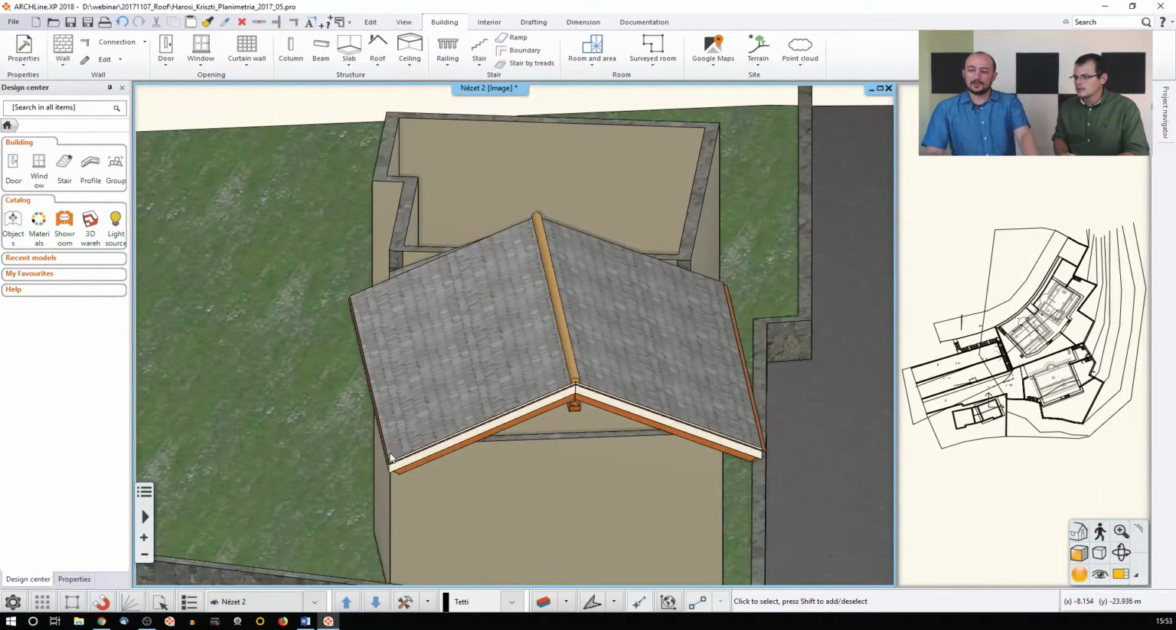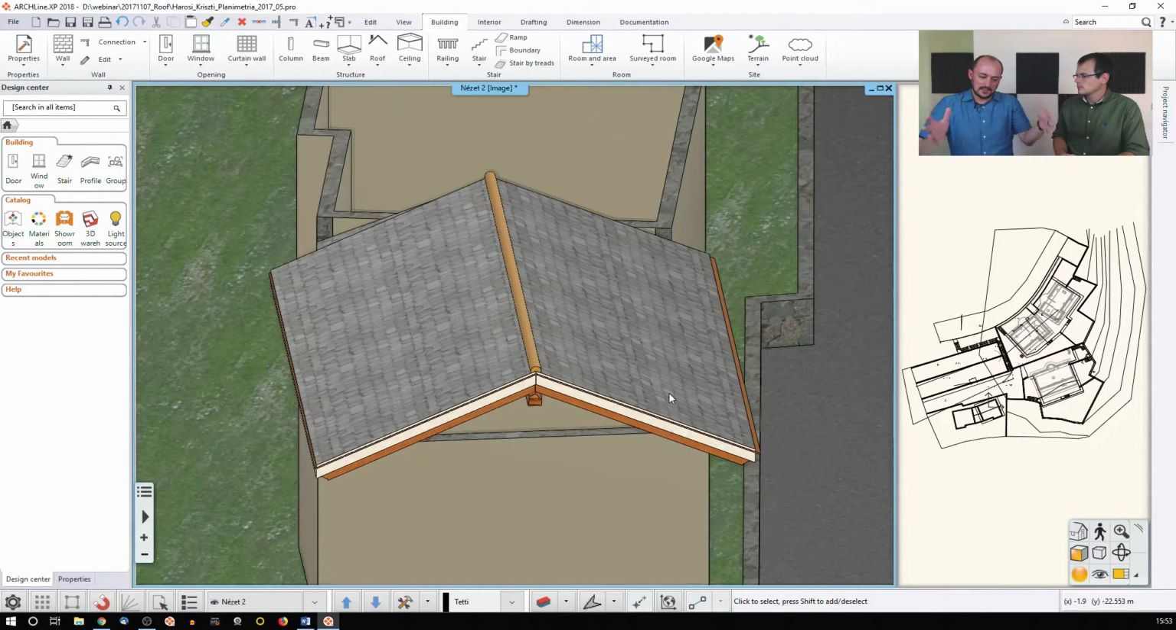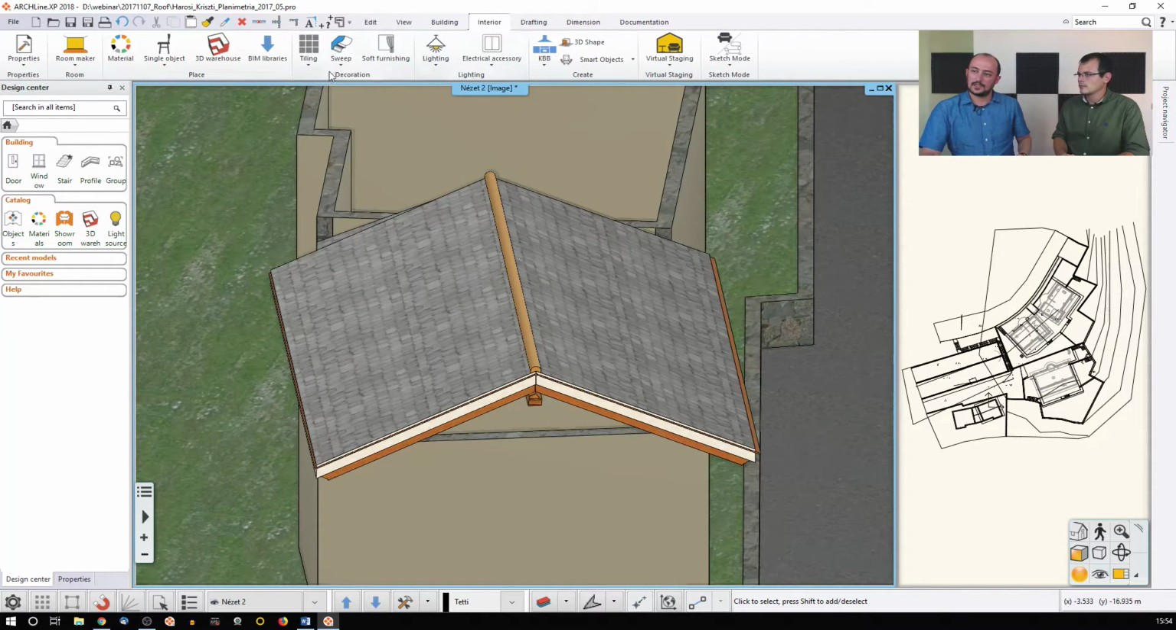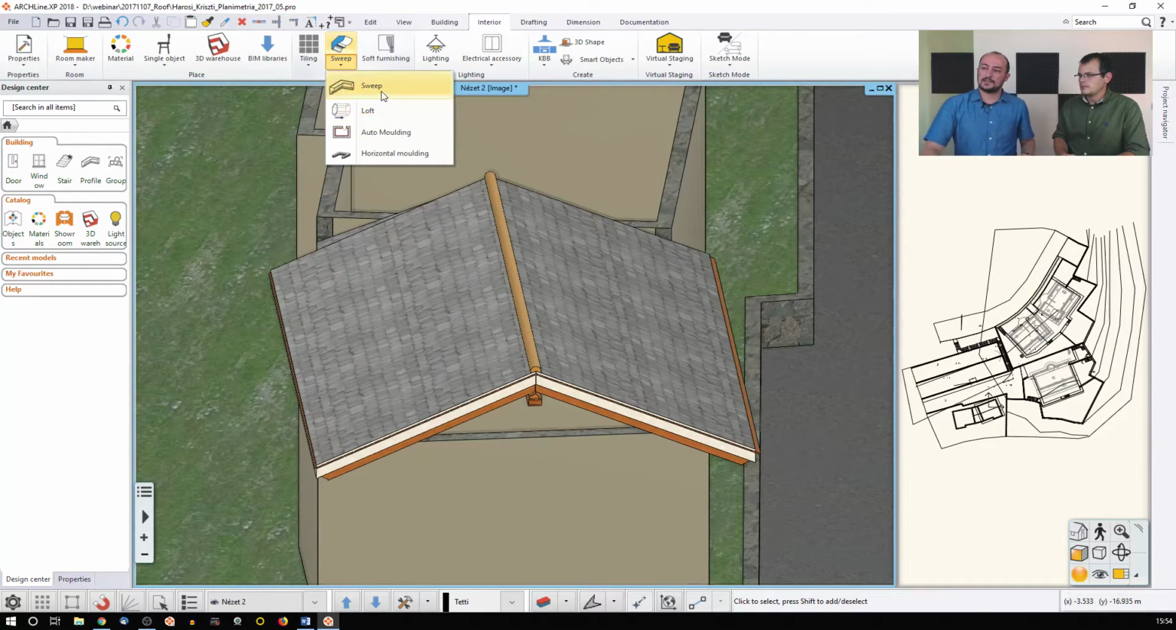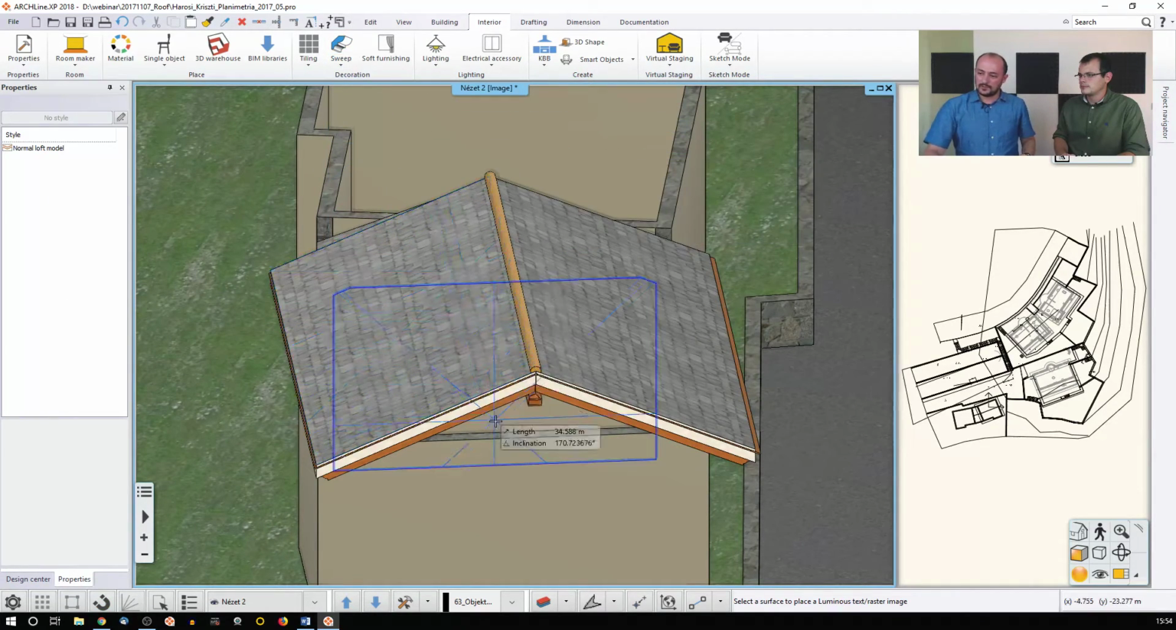So talking about the decoration. The decoration is something that, if it's conceptual, it's easy, it's just a texture. But when it comes to the detailing side, and we would like to use these wooden planks or decorated profiles and so on, then we should use the sweep tool. Now this sweep tool is in the interior, but it's not only for interior purposes, it's for any sort of decoration purpose. It's simply because when you use the sweep tool, you can select a